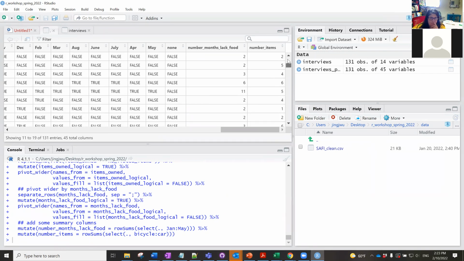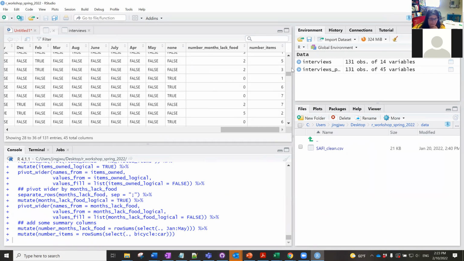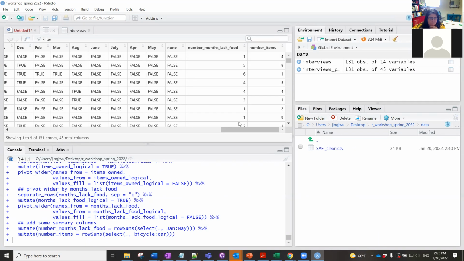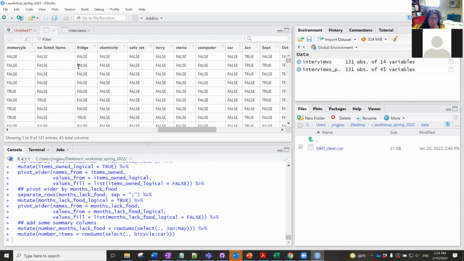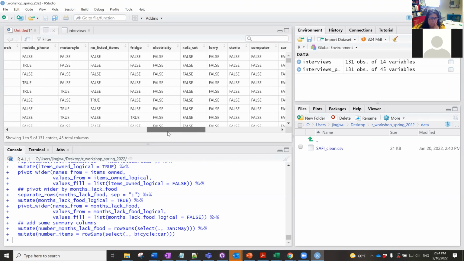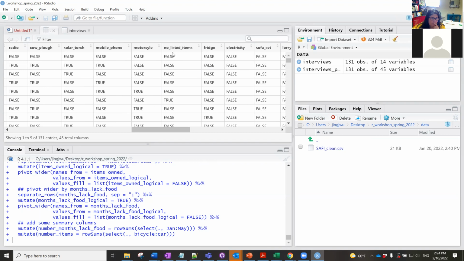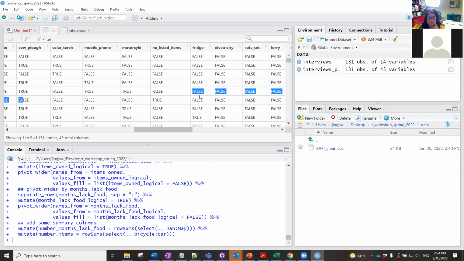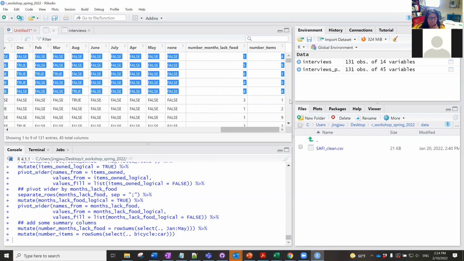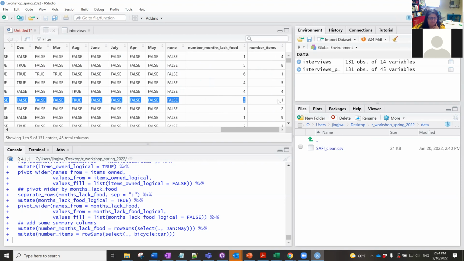But here we did not see any 0 here, because when we count the number of items, we also count this list. We see true here. So in this line, that family will have